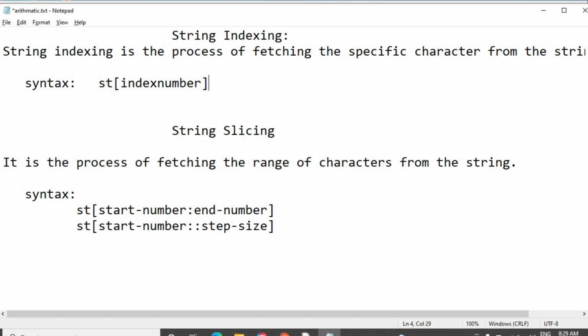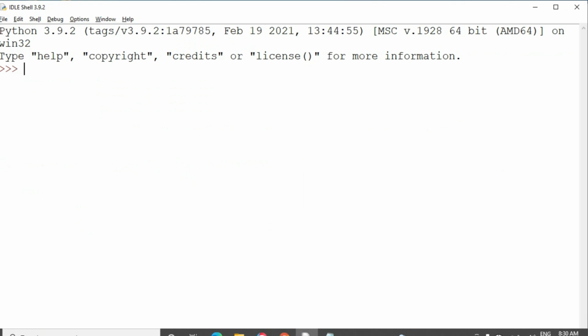Forward indexing starts with 0 and backward indexing starts with -1. So we can access both forward and backward index numbers using string indexing. Okay friends, let's see the example.